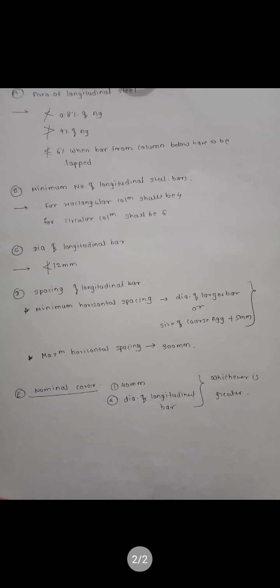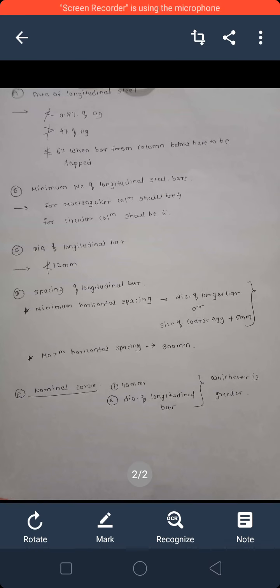As requirements for longitudinal reinforcement, the first requirement is area of longitudinal steel. According to IS code, the minimum area of longitudinal steel should not be less than 0.8% of gross cross-sectional area of a column. The area should not be more than 4% of gross cross-sectional area of the column. In no case should it exceed 6% when bars from the column below have to be lapped with those in